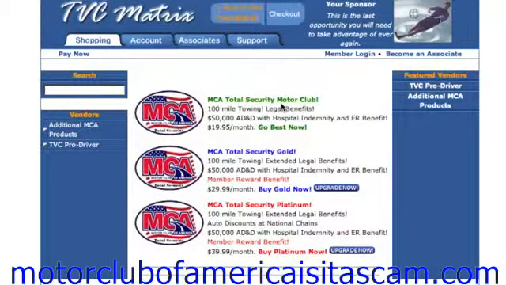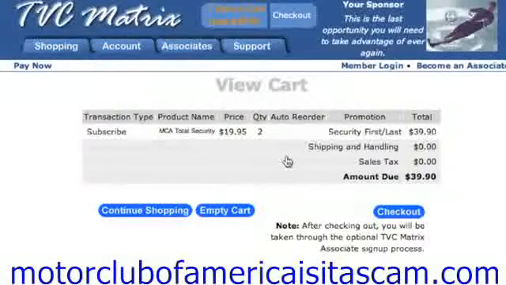So what you want to do next, of course, you have the three options right here. You want to choose the first option, the MCA Total Security Motor Club Package. Okay, you want to choose that one. Click on where it says to go best now. So click on that link there, and when you click on that, it's going to take you to this page here